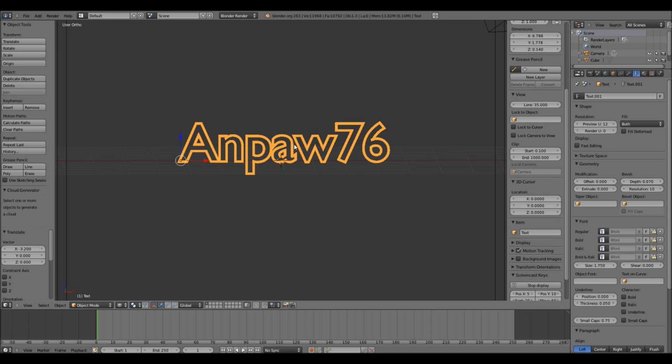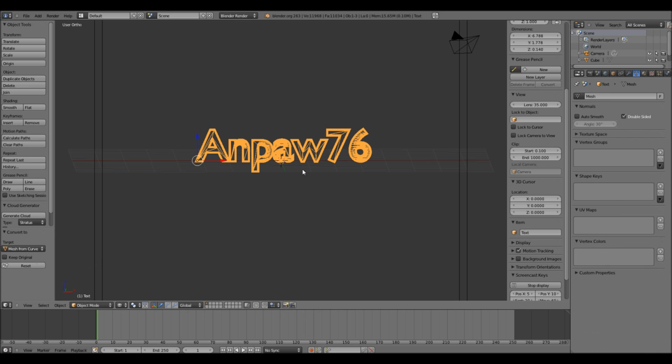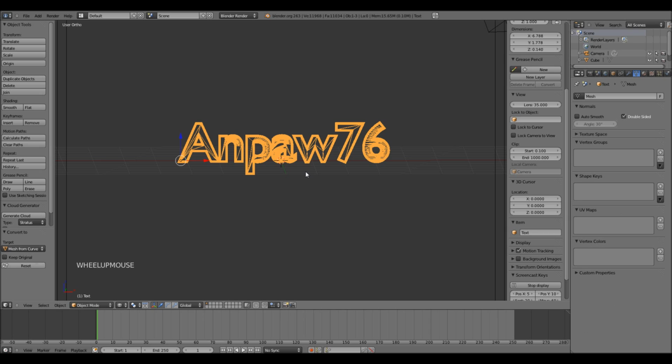add some particles to that, but since this is a text, we first need to convert it to a mesh before we'll be able to add a particle system. So press Alt C and choose Mesh from Curve, Meta, Surface, Text option, and now the text is converted to a mesh. And in case you see that there is a typo, or you want to type something else,